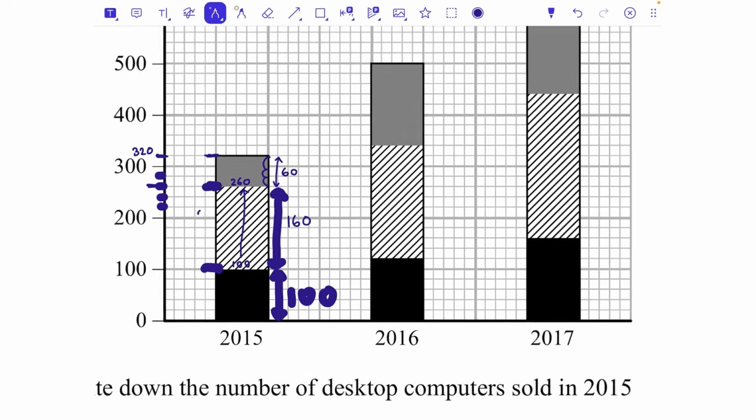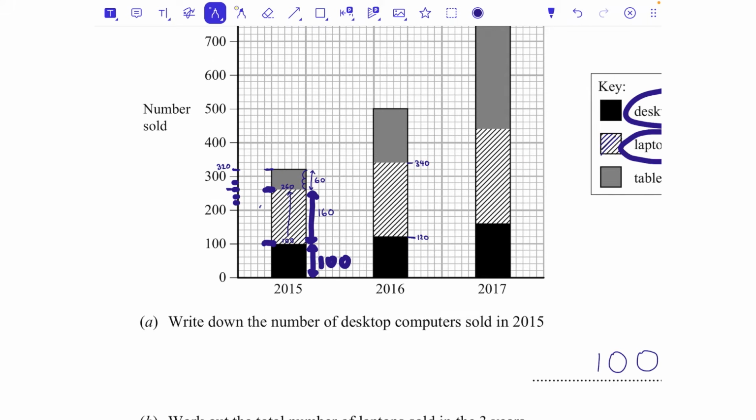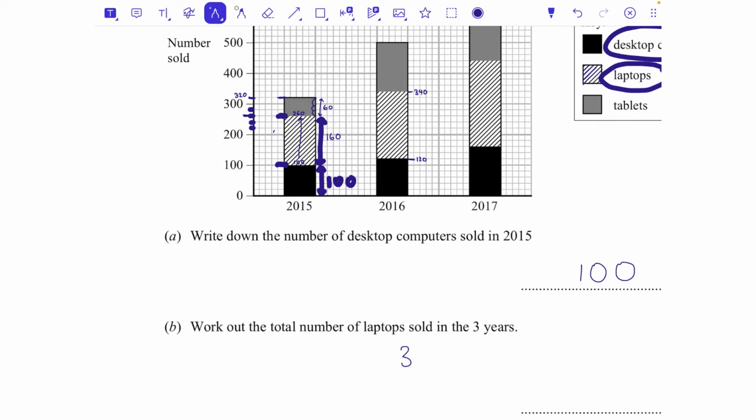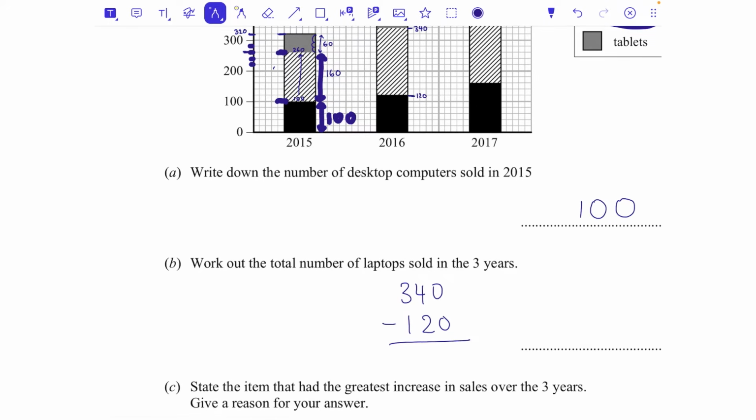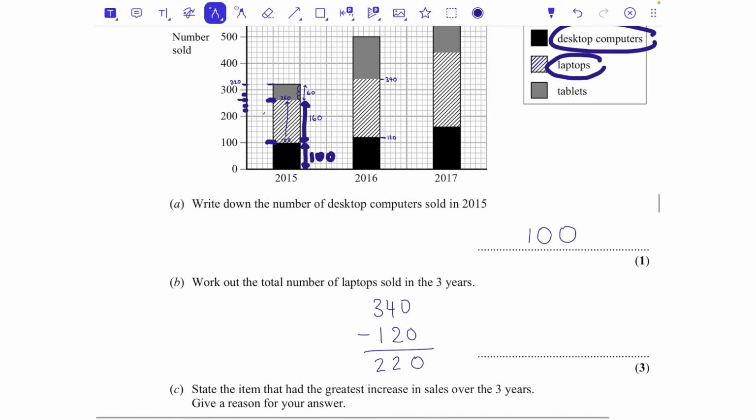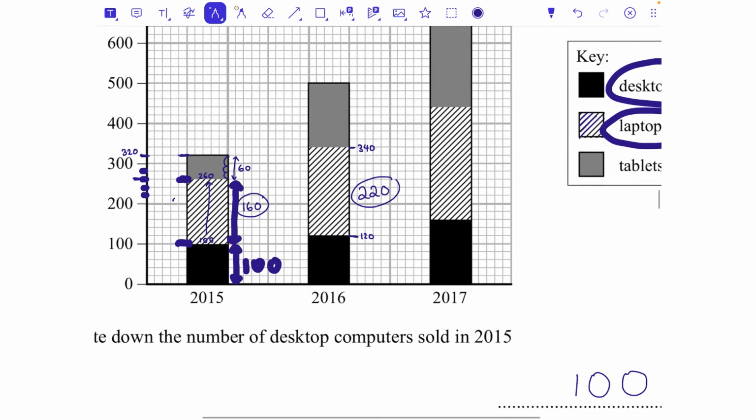Now we need to look at 2016. So we're starting at 120 and we're finishing up here at 340. Remember, each square is 20. So the difference between those, if we do 340 take away 120, 0 take 0 is 0, 4 take 2 is 2, and 3 take 1 is 2. So I've got 220 for that year, 160 for 2015, and then for 2017, I'm starting at 160, and I'm